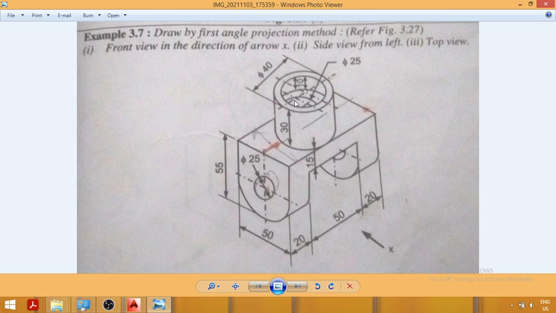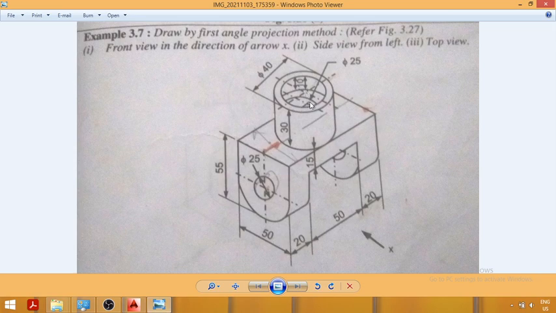Whereas the diameter of the lower hole, that is the hole present on the lower side of the cylinder, is equal to 25 mm. So here the diameter of the hole at the lower part of the cylinder is equal to 25 mm, whereas the diameter of the upper hole is assumed as 30 mm. The height of the upper hole is equal to 10 mm, that is the distance from the upper surface to this point is equal to 10 mm.